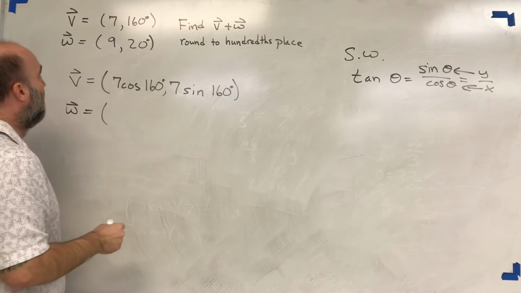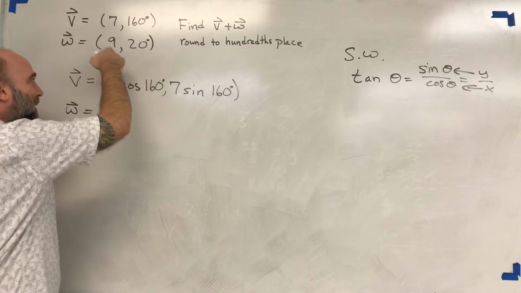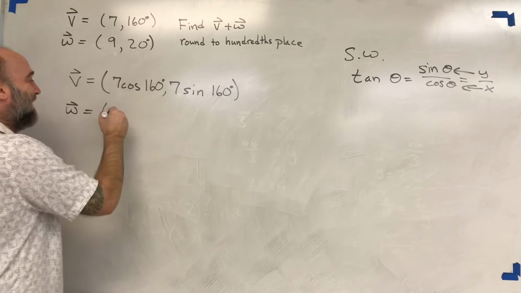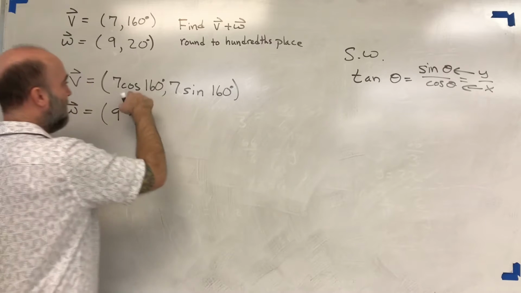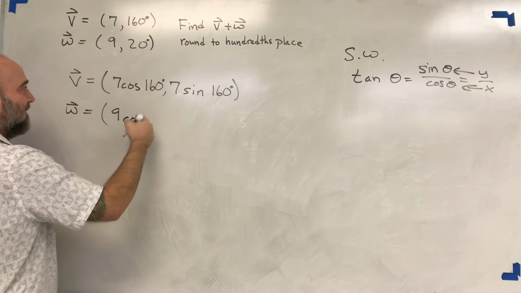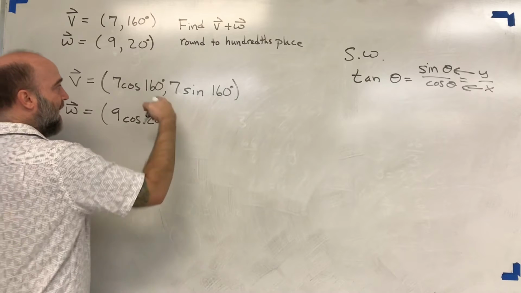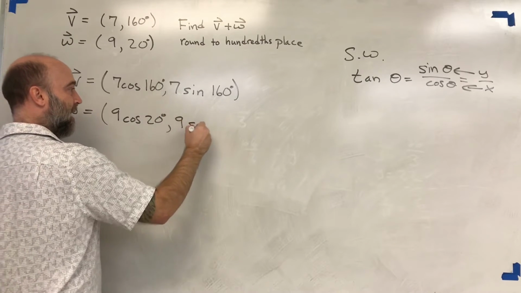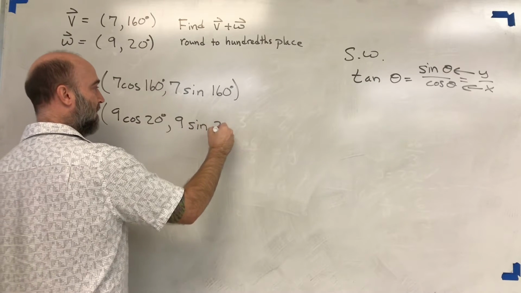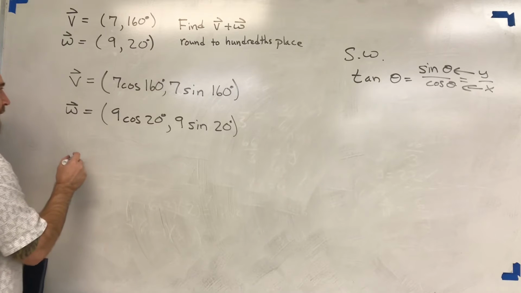The direction for w is 20, but we want to do the magnitude first. The magnitude is 9 times the x component, which is cosine. I can use that same reference. We're using 20 degrees as the direction, and 9 is the magnitude for w, and sine is the y component. The direction is 20 degrees. Okay, so